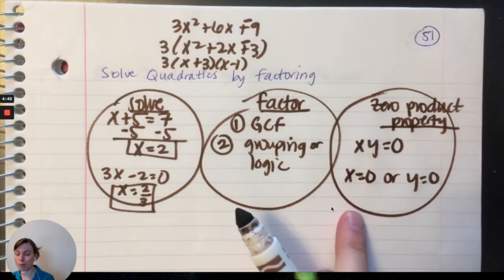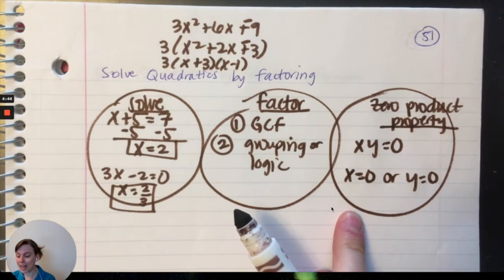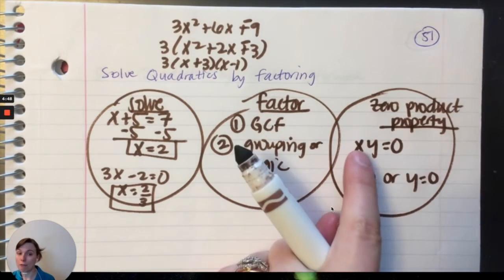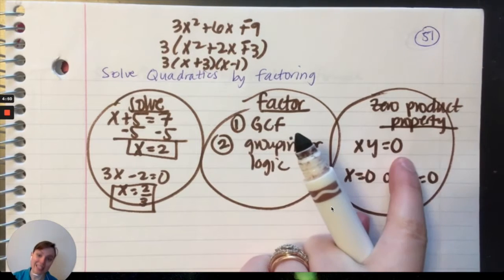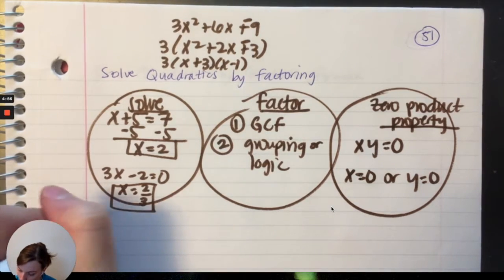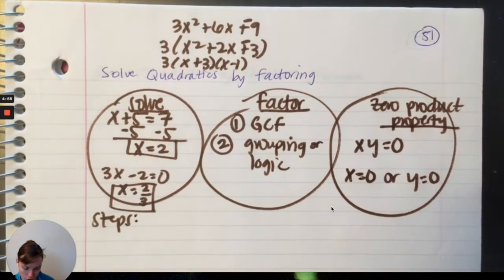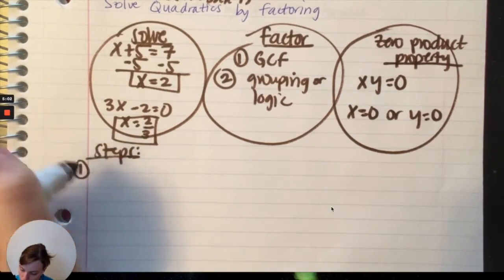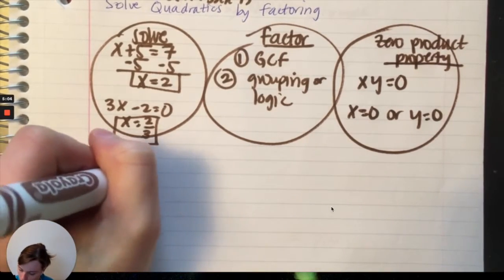Again, if y is 0, x could be anything, and boom, I get 0. So this is the zero product property, and because it happens when factors are equal to 0, I can solve anything that has been factored. So the steps that we are going to follow in our examples are, first, we're going to get into